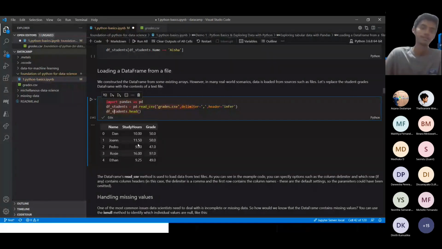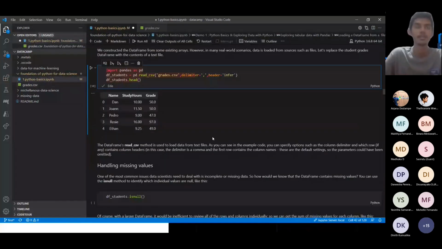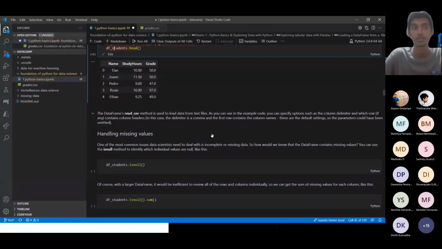Okay, so as I explained, when we are dealing with data, it is a massive case in terms of industry application as well as in university projects, and in any data science project. The missing values are really a massive headache for a lot of people. So how to deal with those missing data? I will be talking more about missing values in later chapters, but here, if we want to check if there are any missing values, we can use this script